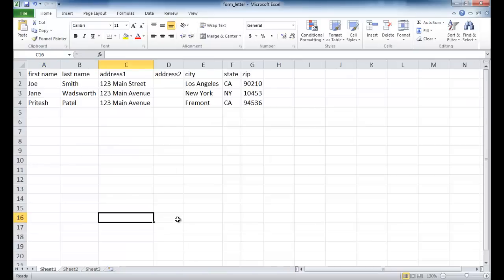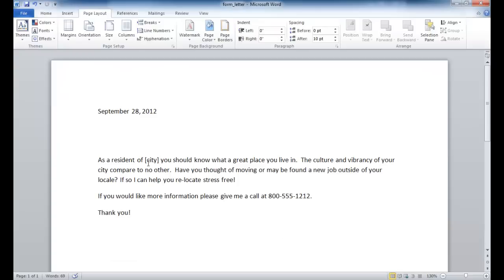So the other item we have is our Excel table that has our database of addresses information: first name, last name, address 1, address 2, this could be apartment number, city, state, zip, and this we'll use as our input into the mail merge. So if we go back into Word, we have a little template here where we're going to start the mail